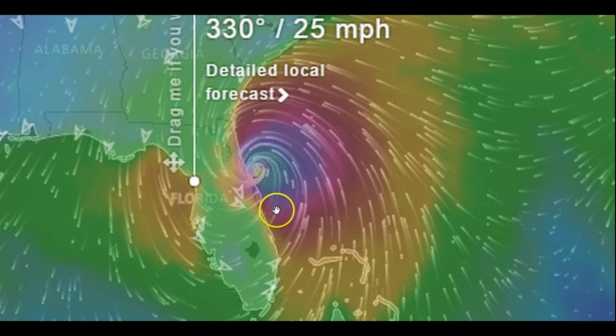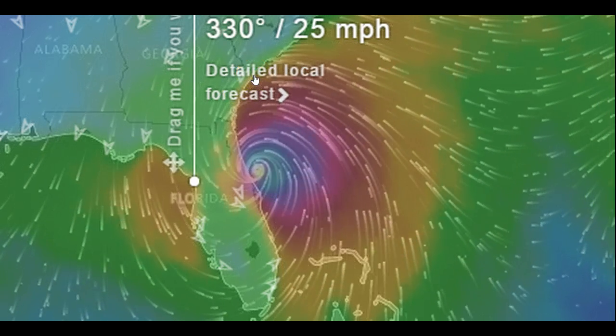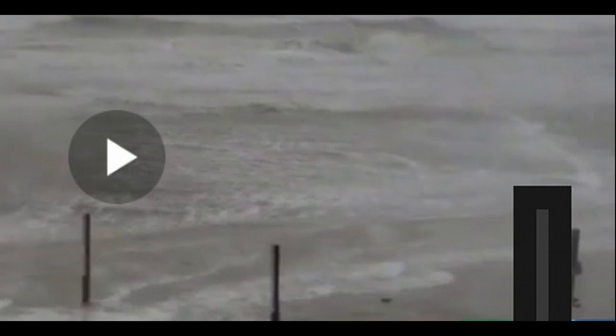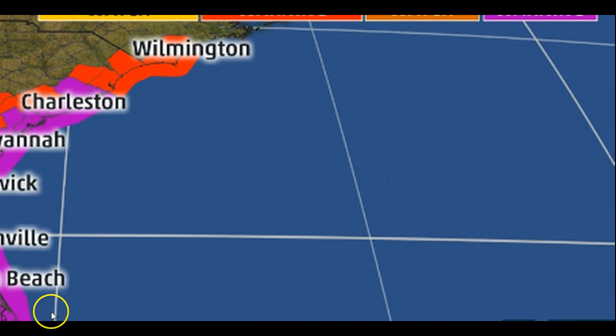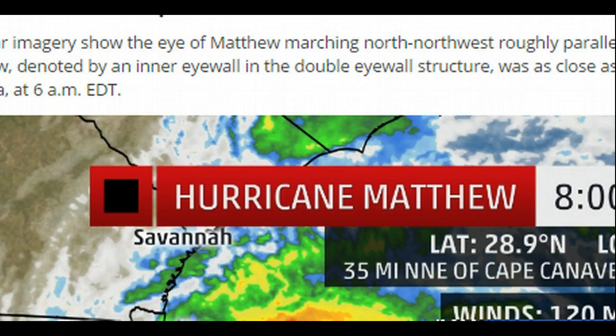Now, storm surge from Cape Canaveral all the way up into Georgia is expected to be close to 7 feet. Now, you can see the storm surge here coming in on the coast. Plenty of live feeds out there on the coast that are showing the storm surge itself. And you can see here in terms of the watches and warnings in effect,